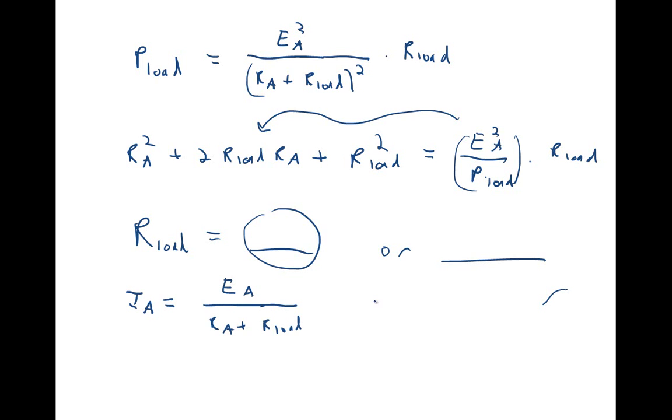And then, of course, we know that the power going into the load, excuse me, not the power going through. We want the VT, the terminal voltage, which is going to be IA times R load. So that's our full load voltage. And see, we got the full load voltage,